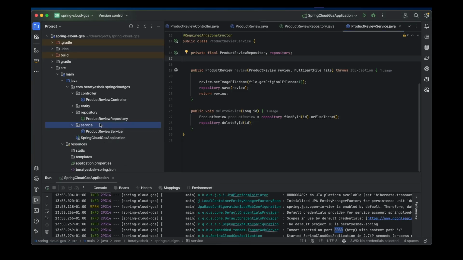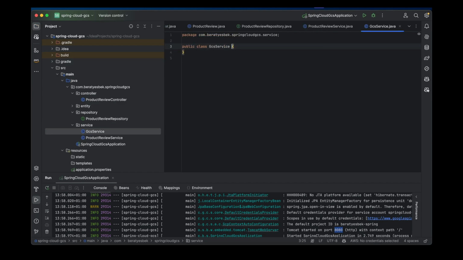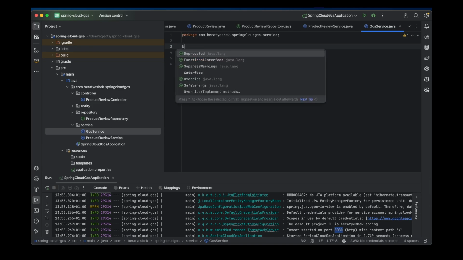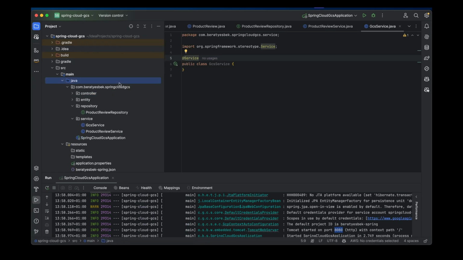I have a service package, so I need to create another service under the service package, which is the GCS service. GCS service is basically the Google Cloud Storage service. This should be a service. But before creating this service, I need to configure my bucket information. So how can we configure our bucket information? Of course, we need to